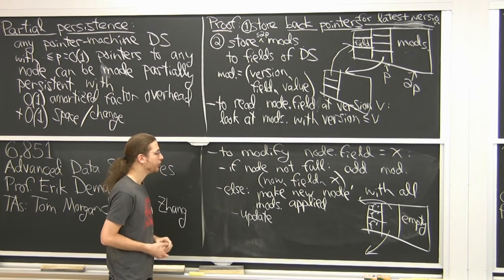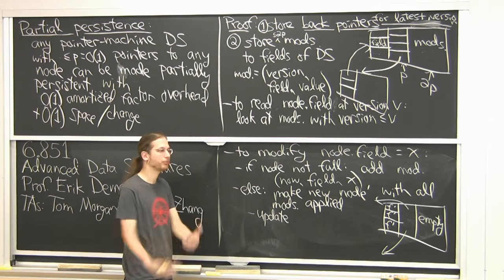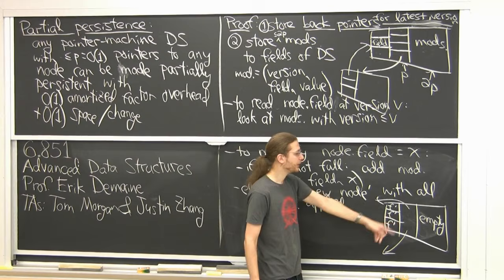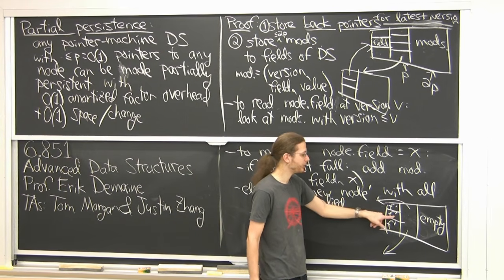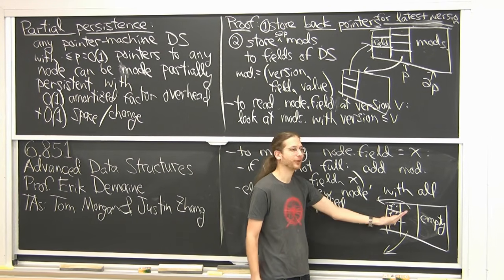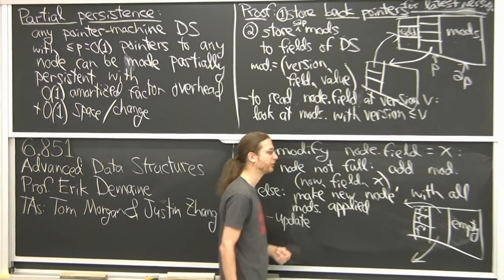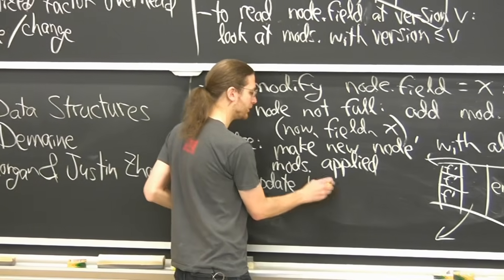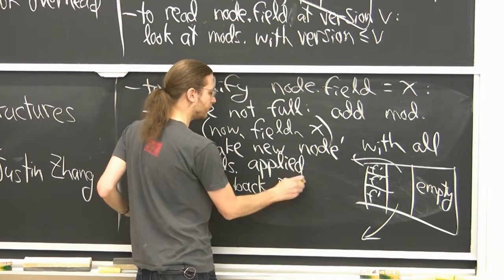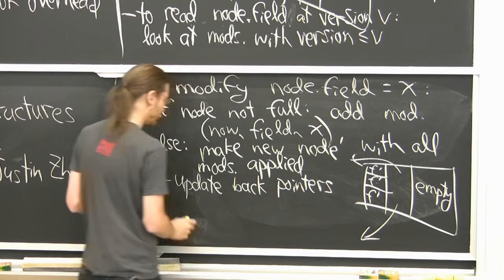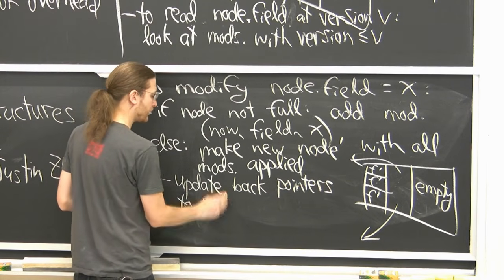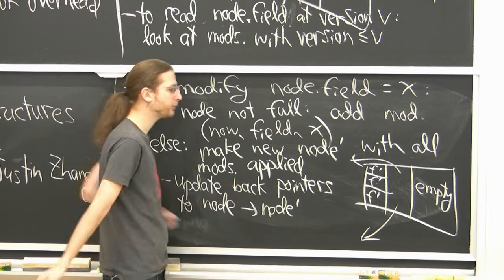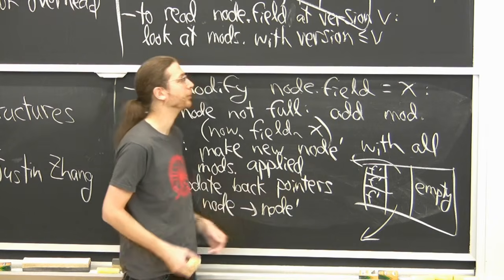All right. So we've got to update two kinds of pointers. There are regular pointers which live in the fields, which are things pointing to the node. But there are also back pointers, because if this is a pointer to a node, then there'll be a back pointer back to the node, and all of those have to change. Conveniently, the back pointers are easy. If they're back pointers to the node, we change them to the node prime. How do we find the back pointers? Well, we just follow all the pointers, and then there will be back pointers there.